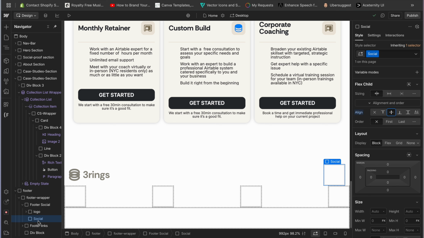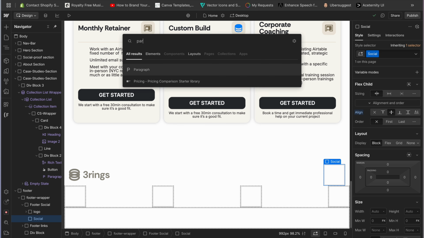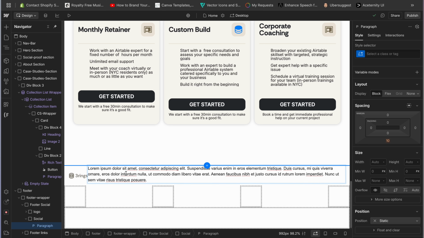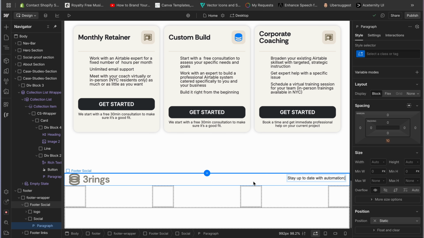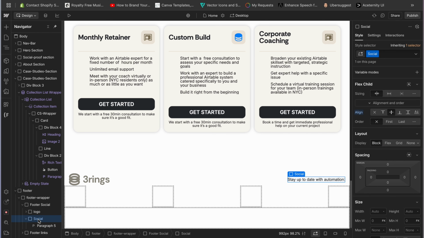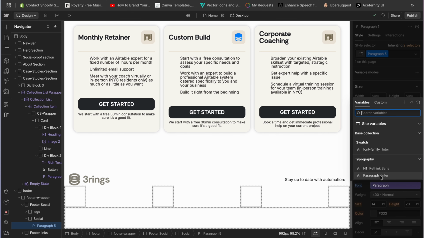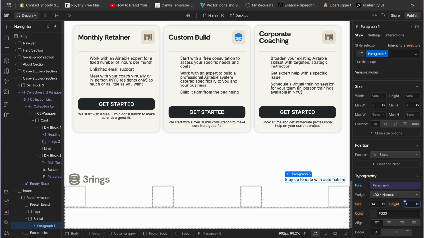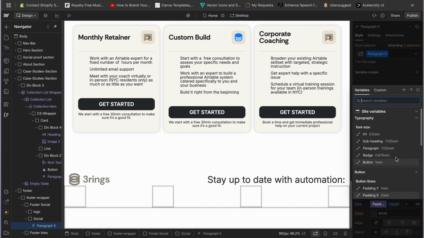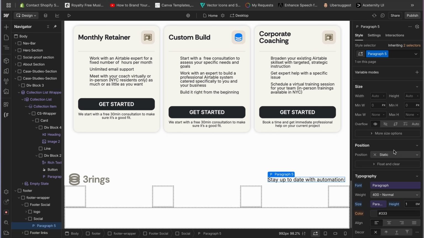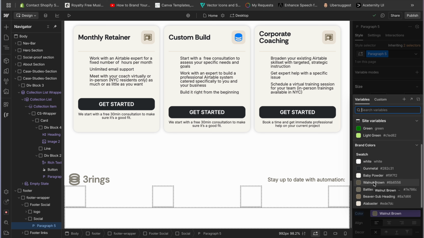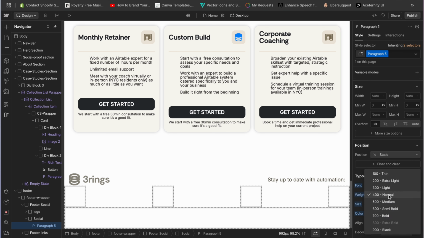Now I'm going to add a text in where it says social. So Command E and add a paragraph. Now I'm going to replace this text with text that I want to be here, which is stay up to date with automation. And I'm going to remove the button padding. I'm going to change the text and add the paragraph text that we have, give it a height of 1 EM, and then give it the spacing of 0.125 rem, and also change the color to walnut brown,